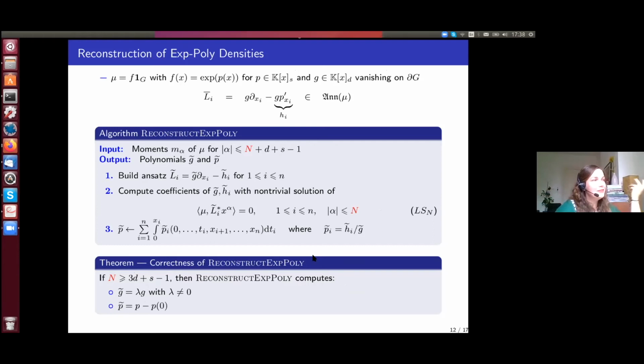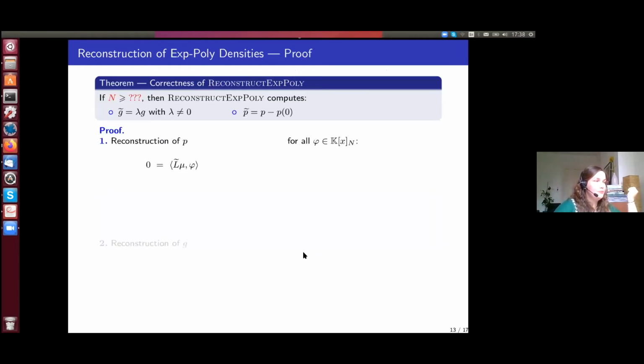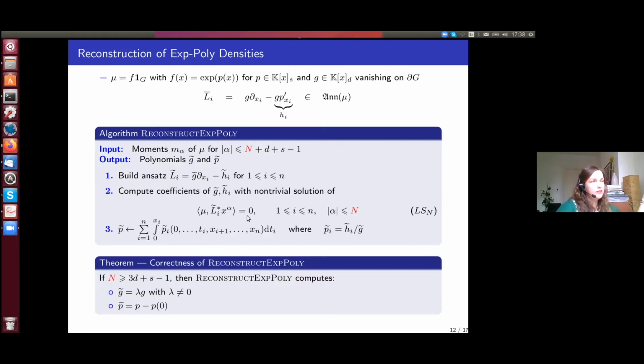Although I tried to answer a little bit during the breakout room, maybe I can show you the proof in more detail. Just recall that what we are doing is trying to reconstruct at the same time the polynomial P in the density and the polynomial G, which cancels on the boundary of the support. For this we solve this truncated system where we put an ansatz for the operator that we want to search up to order n. We would like to prove that if n is bigger than 3D plus S minus 1, then we have reconstructed exactly G and P, modulo the constant lambda and the constant coefficient of P. So to prove that,